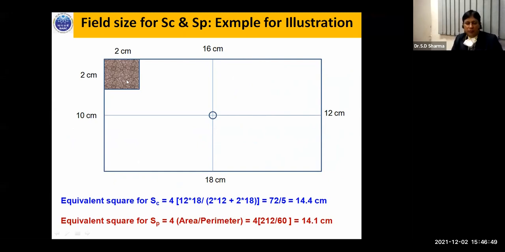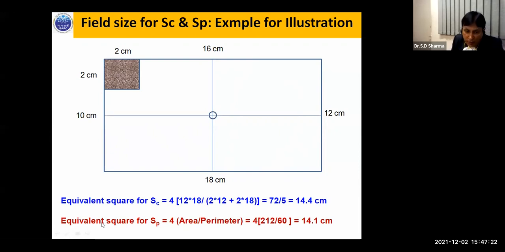Now you can see that the block is a tertiary system, and it does not affect the value of collimator scatter. So here we will not be considering the presence of block as far as the calculation of equivalent square for collimator scatter factor is concerned. So we will be simply using the Sterling approximation for rectangular field of 12 by 18 centimeter, and ultimately the equivalent square is 14.4 centimeter by 14.4 centimeter.